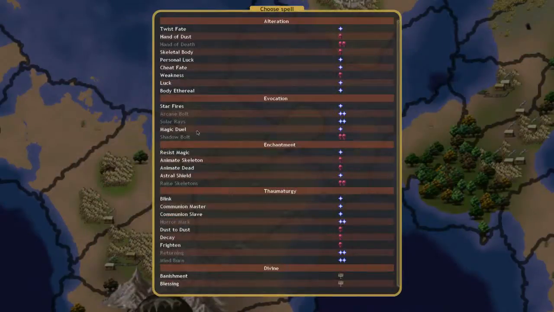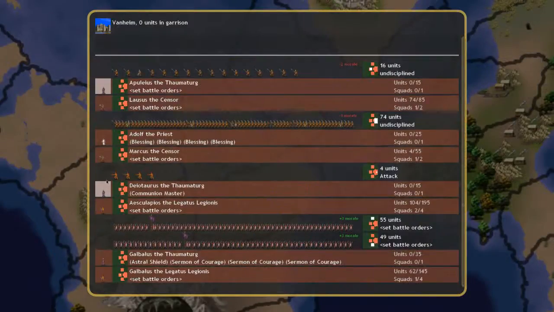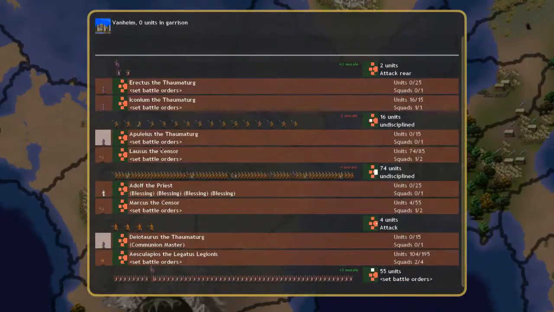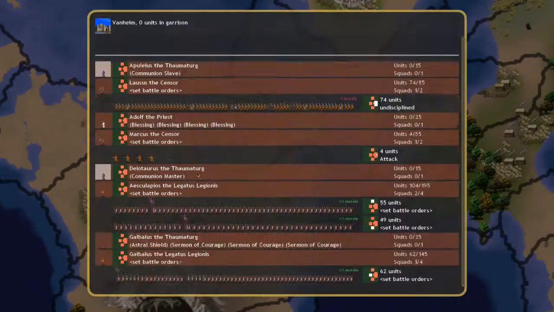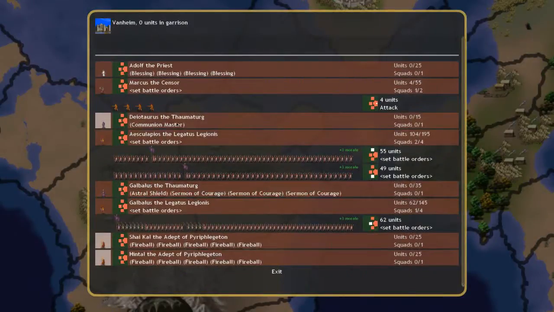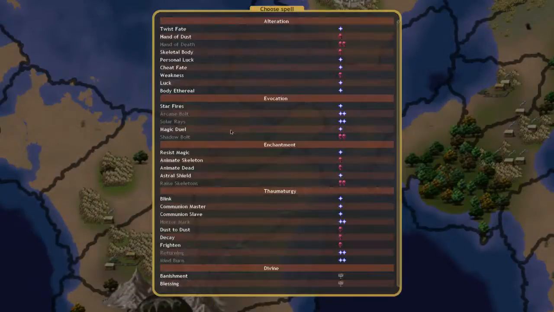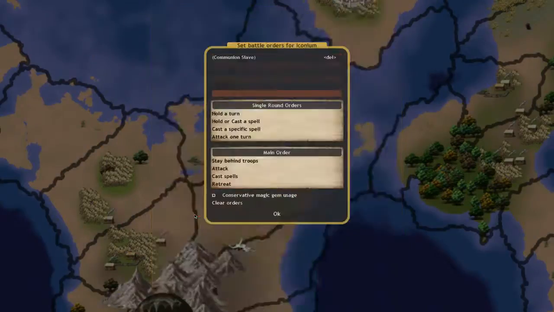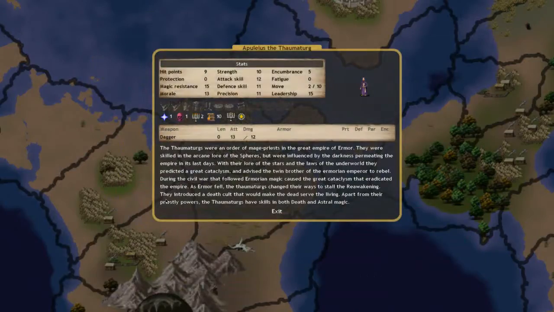I'm going to get another mage here to cast a few other spells. I'm going to get this guy to cast Communion Master, and this guy to cast Communion Slave, and I'm going to try to find another guy to cast Communion Slave. How this works is that if you have enough of these Astral Mages, you can chain them with the Communion Master and Communion Slave skills. I think I already talked about this too. If you have two slaves and one master, those two slaves will pull up their magic